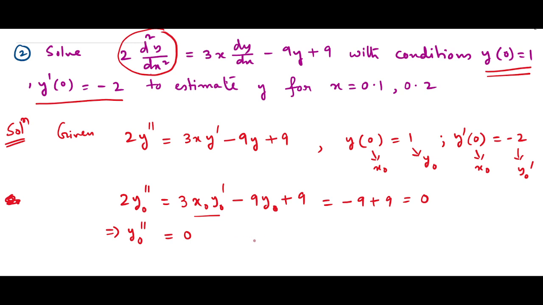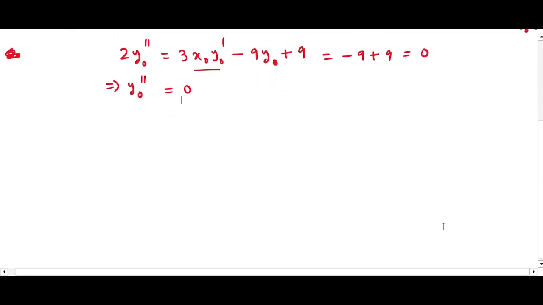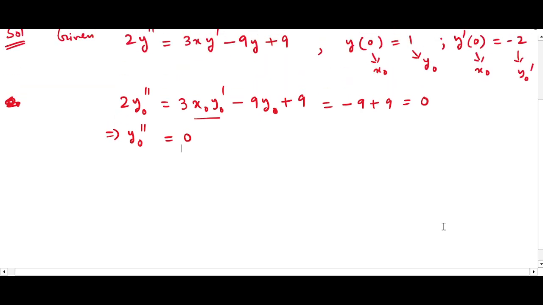So the derivative which we found, which is y naught double dash, is coming here 0. So let us find the third order, and then the other derivatives we have to find here. Most probably, since the double derivative is 0 here, we'll get more zeros. So maybe we have to find up to 6 or 7.